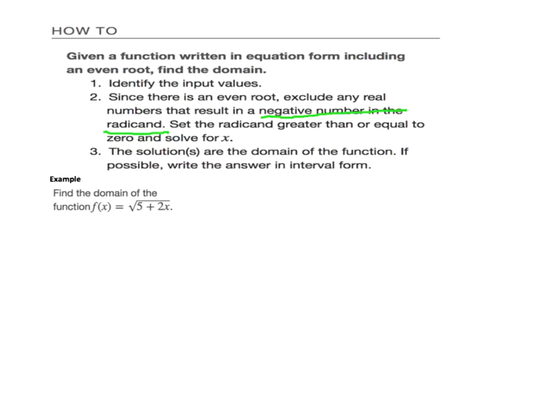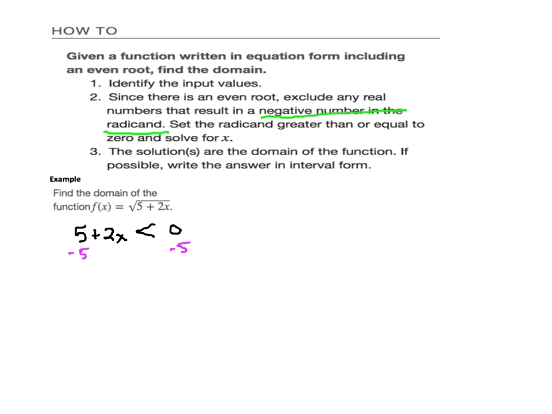So we want to do the same process that we did with the last one and set up what we don't want happening to see when it's going to occur. And since we're taking an even root, a square root here, we don't want 5 plus 2x to be negative. In other words, we don't want that being less than 0, because that means it's going to be negative. So when I solve this inequality, that's going to show me all of the values for which this is going to occur.